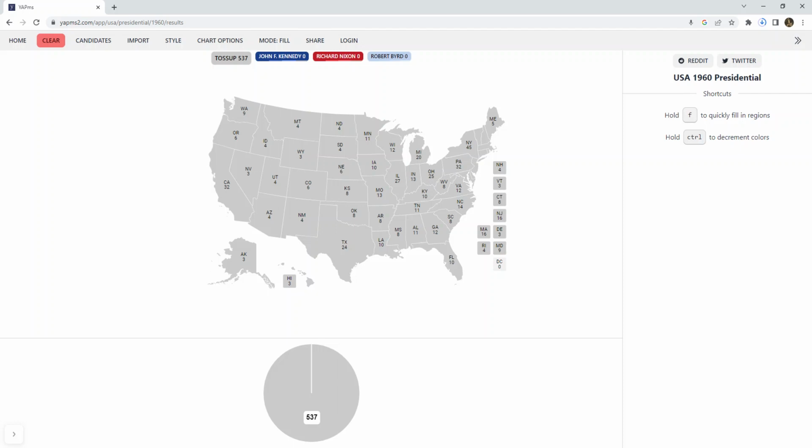And like I said, this is going to be a coin flip battle, and as you see, there is a third one, Harry Byrd. He did win some electoral votes, I believe, in Mississippi and Alabama. But since this is a coin flip battle, it's just going to have to be the two, Kennedy and Nixon, the main two candidates who did win the most electoral votes, a Republican and Democrat, and Byrd was a Dixiecrat, who got some electoral votes from southern states as a protest vote. So this will just be between Kennedy and Nixon. You'll see Byrd's name at the top there, but he won't be a factor in this. We'll see who gets the win.